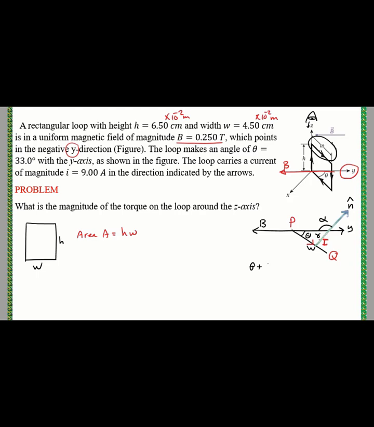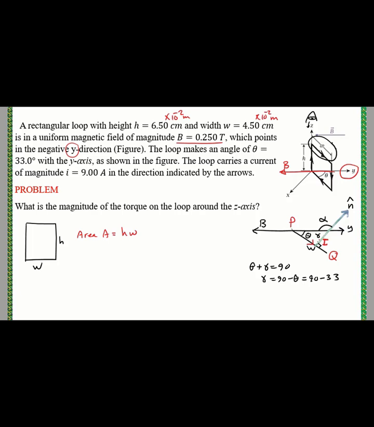Theta plus gamma is 90, because we have a right angle triangle. So gamma equals 90 minus theta, 90 minus